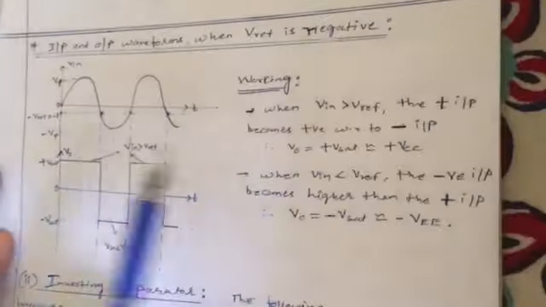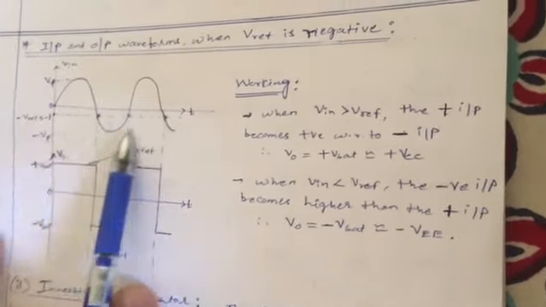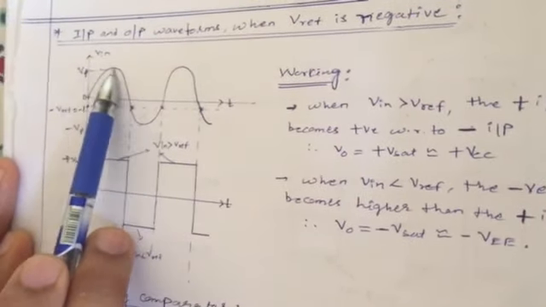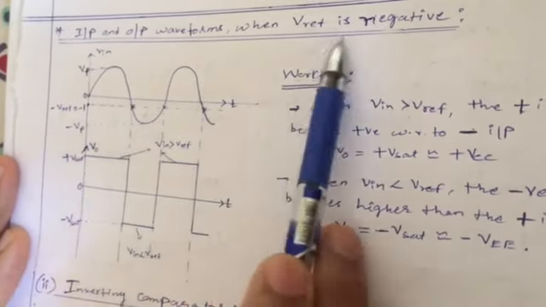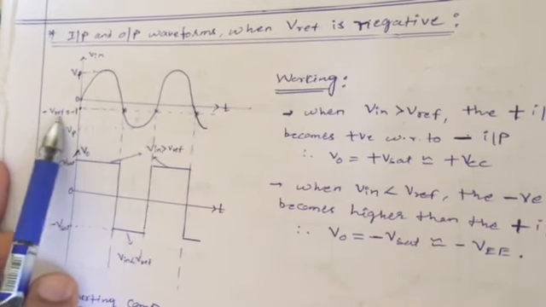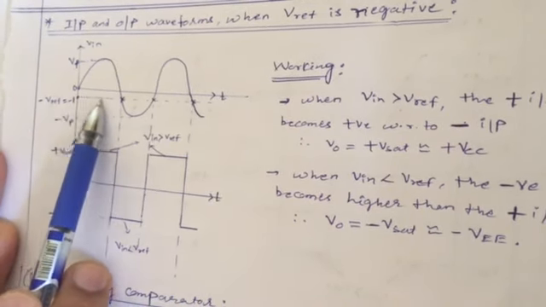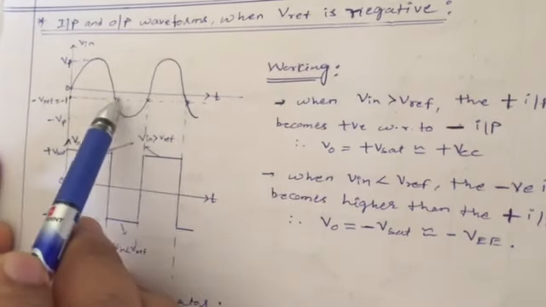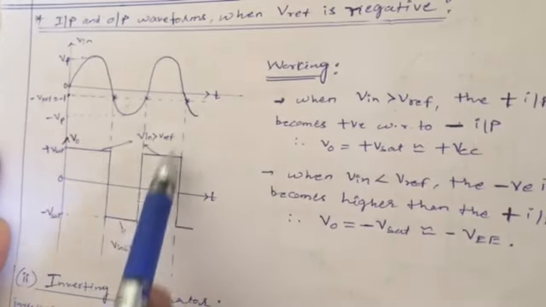Once again, the input is assumed as a sinusoidal signal. When you draw the sinusoidal signal, we know that we need to indicate the two peaks. One is plus Vm, that is called Vp, the peak voltage, and this is negative Vp. Since the reference voltage is negative, on the negative y-axis I am going to indicate a V reference here. Minus V reference is, let us say, 1 volt. From this dotted line, I am going to cut my Vin. Wherever my Vin cuts here, I am going to put cross marks, and from each cross mark I extend a vertical line.